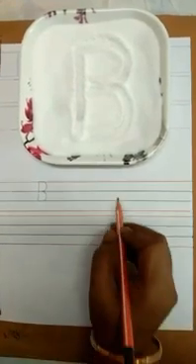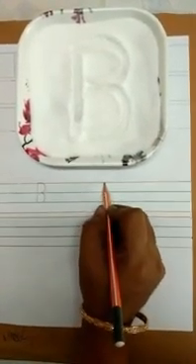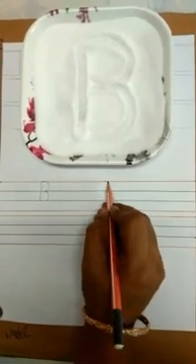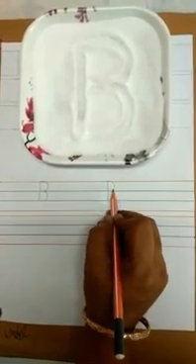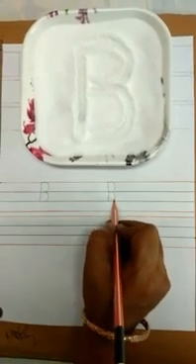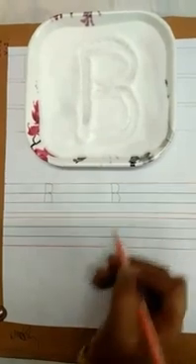Now we will see once more. Again, start from red line to second blue line, standing line. Opposite C curve from red line to first blue line. Another opposite C curve from first blue line to second blue line.